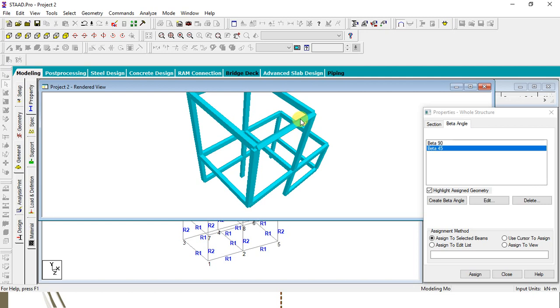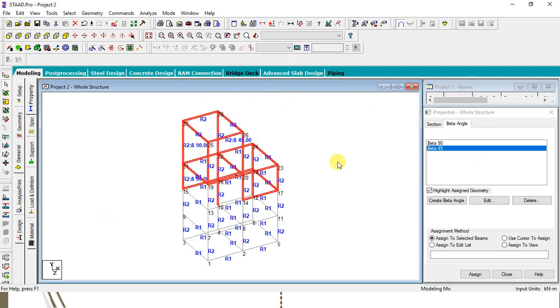So here initially it was horizontal, and now it gets tilted by 45 degrees. So to shift the position of the beam or column, the beta angle is used. Okay, so you practice these 2 commands.